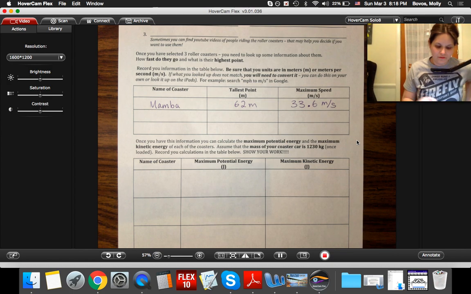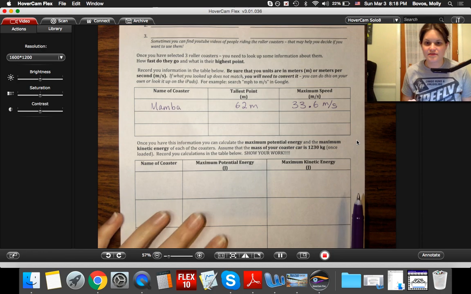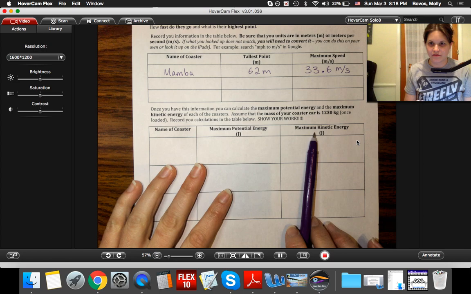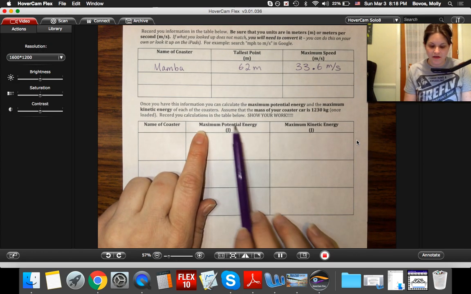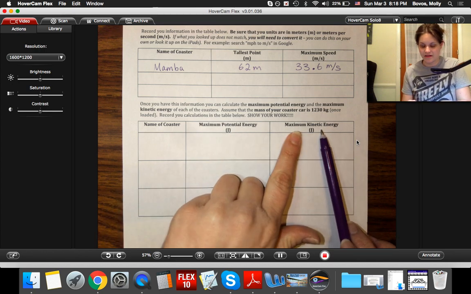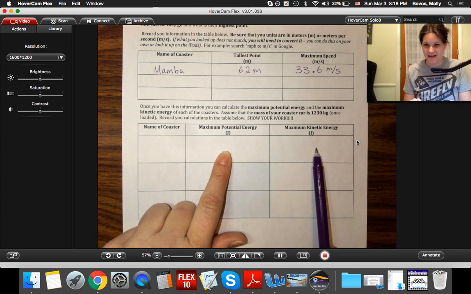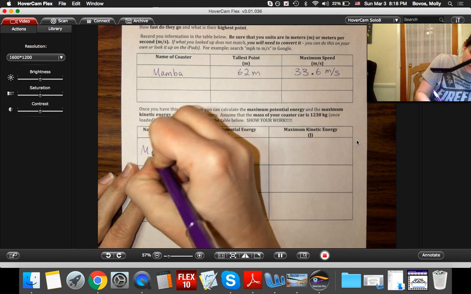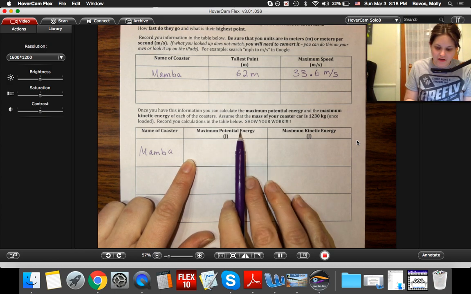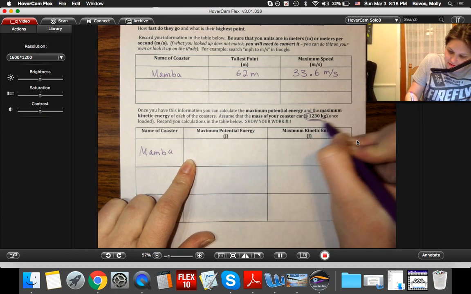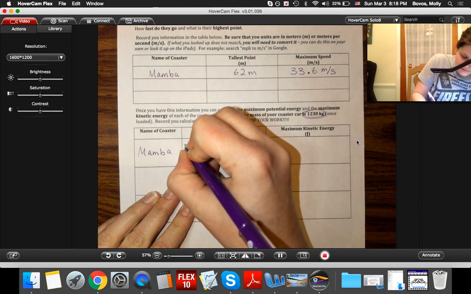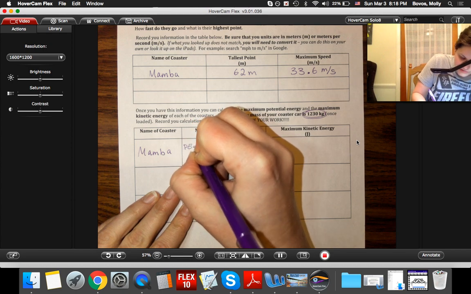So then what you're going to be doing down here is the same thing that we did before. We're not going to be doing a total mechanical energy for these because your maximum potential energy is not going to be at the same place as your maximum kinetic energy, so it really wouldn't make sense to add those together. So down here, Mamba. And then for my maximum potential energy, we're going to go ahead and still use this mass, the 1230 kilograms. So this is going to be PEG is equal to